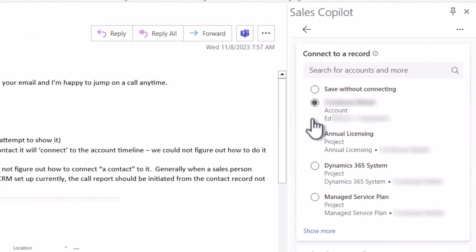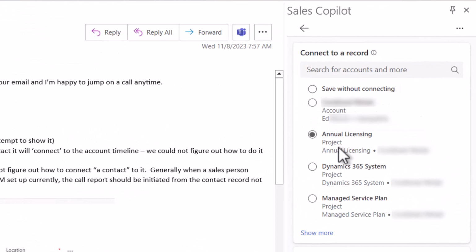And as you can see, I can connect this to an account, a project, or pretty much anything I choose. And I've chosen contacts, accounts, projects, which is a custom entity, and project tasks. Now, luckily for me, this is Sales Copilot, which uses AI. So it's already guessing correctly that I might want to pick the company or one of the projects that we